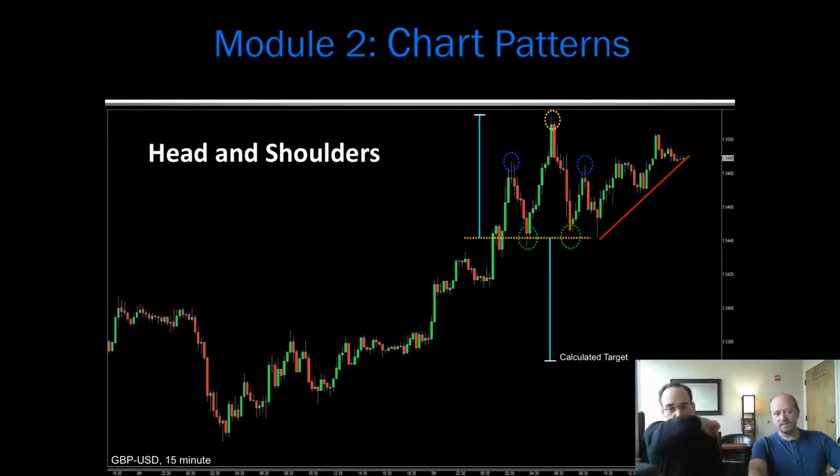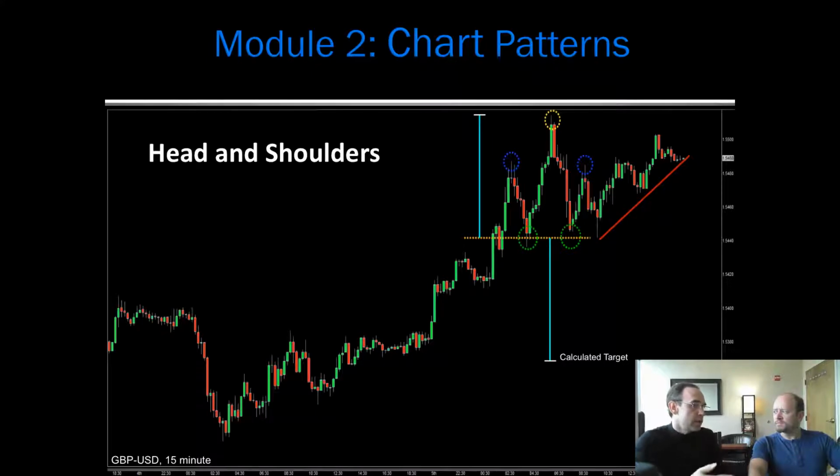Right. Well, what we need to do, Randy, is people always need to make sure that we keep track of the context of what's going on within the time frames of the larger charts too. With our teaching, we always teach people, you always have to have a full view, not just focus on one area, one thing, one particular item. We like people to always keep their eyes open, keep a bigger mountaintop view, so to speak. And we're like, okay, why would this pattern, when it looks so nice, possibly have failed? Because we know the head and shoulders is one of the most reliable patterns there are.